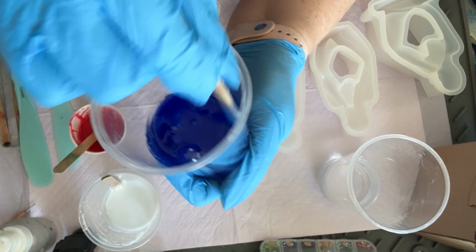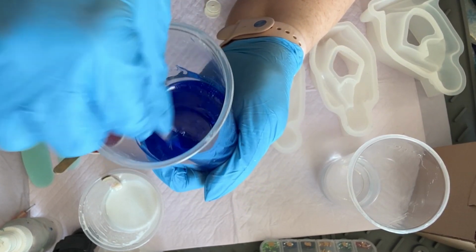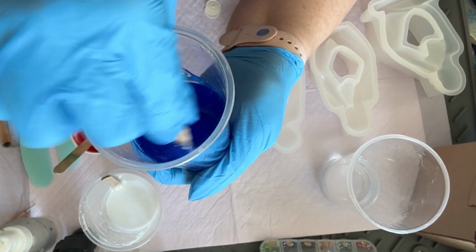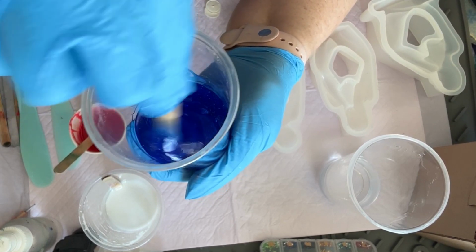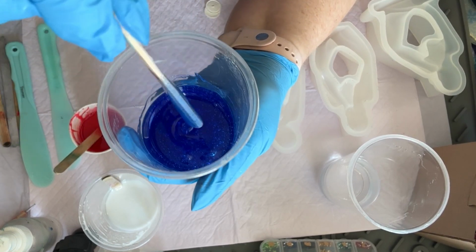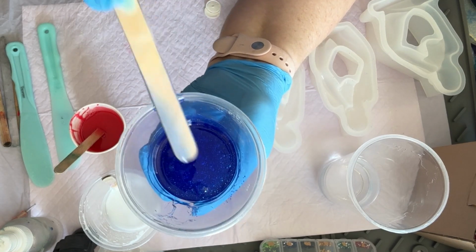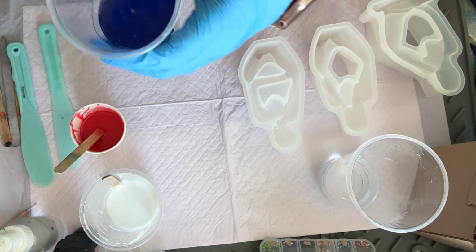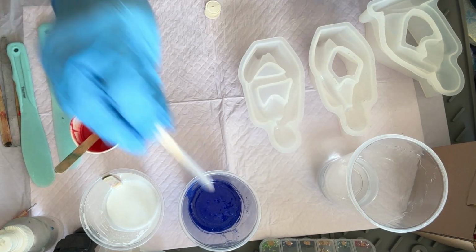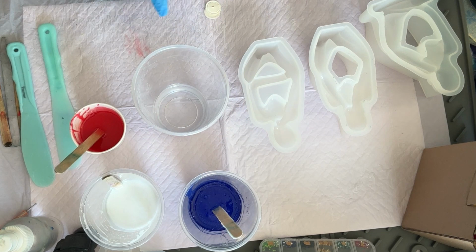And y'all remember, if you're brand new, this Teexpert resin has a 40-minute work time, so I'm really not in any rush. But it does help if you pre-plan ahead of time, right? What project do you want to do? What colors do you want to do? Have all that ready to go. I'll leave that back in there. And for this, y'all, I'm going to